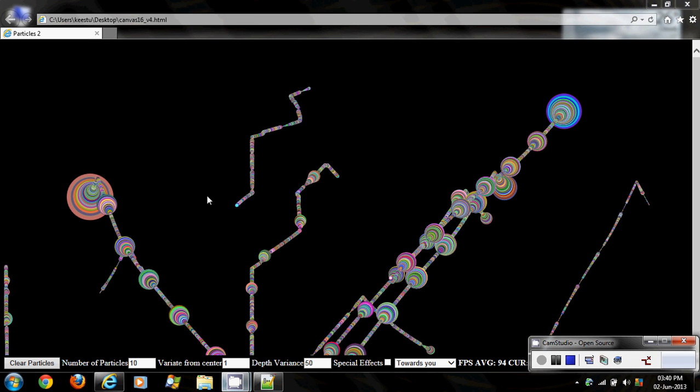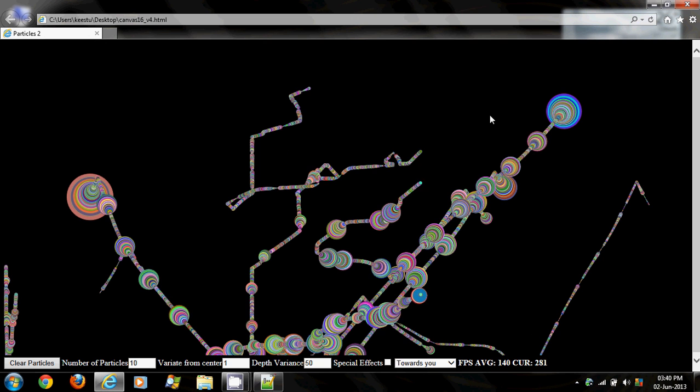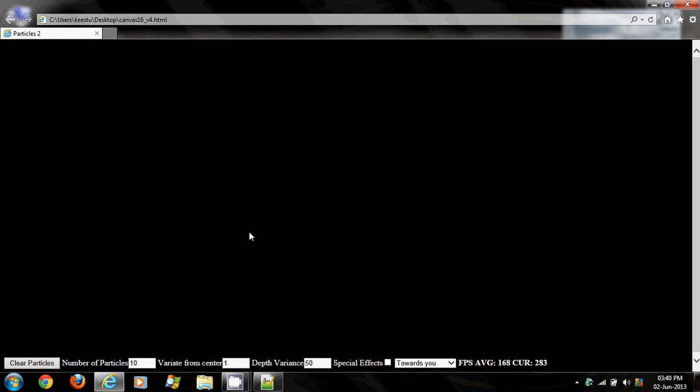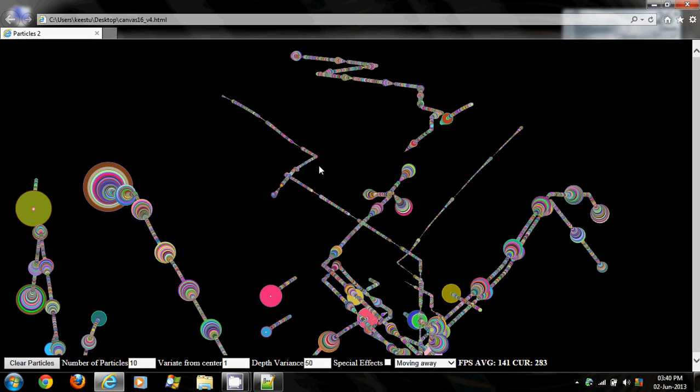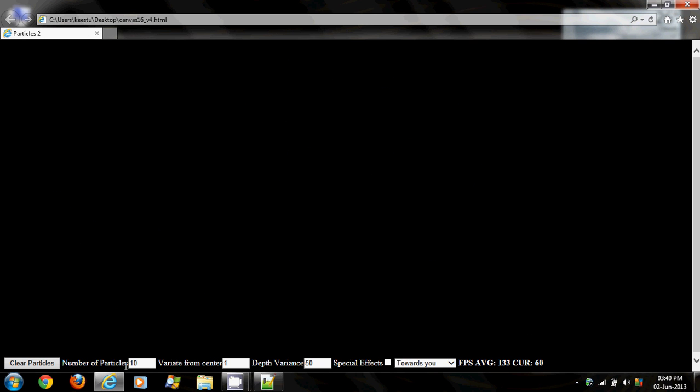This is Canvas 2. Currently what I'm going to show you is the updated version of the previous particle generation that I created. This has several other toggles that you can go ahead and move and use. Make sure the same care is being taken. For the special effects part, you need to have a low number of particles unless you have a really powerful GPU.